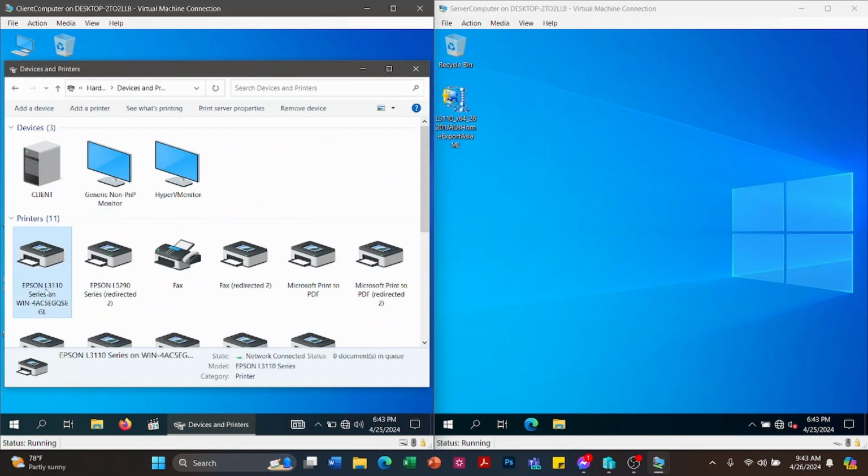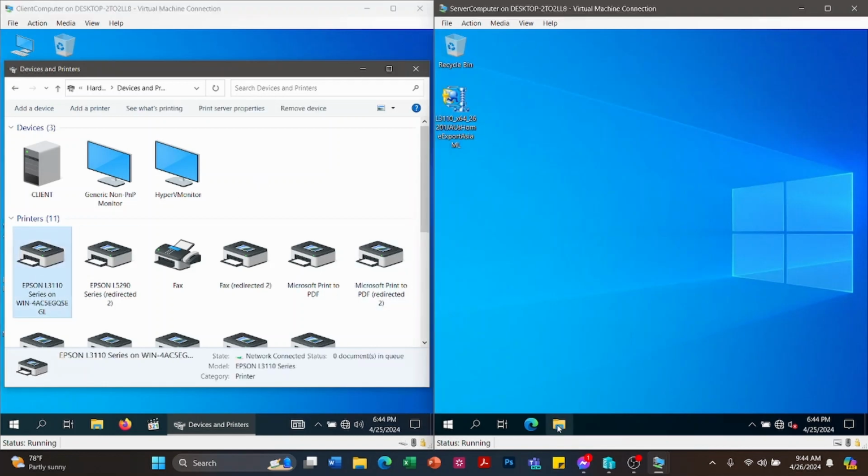Okay, so in here, as you can see, Epson L311 series on Win 4AC5A, meaning we have successfully imported the Epson L311 series to the client computer.